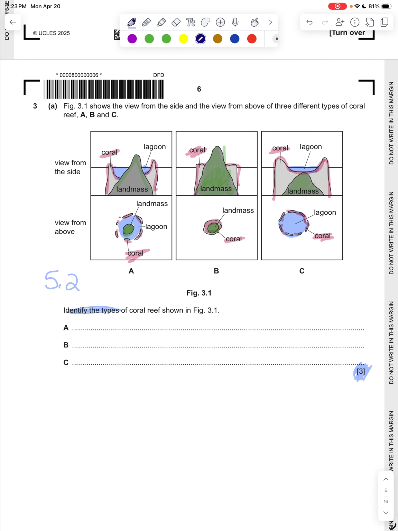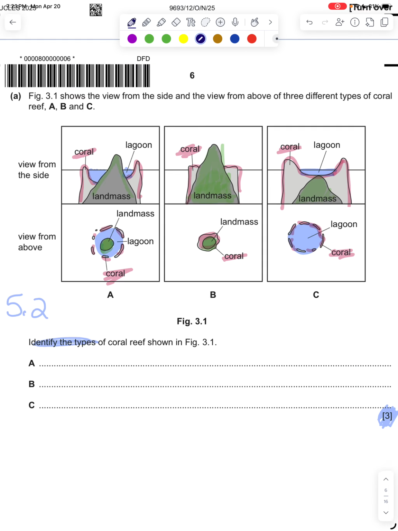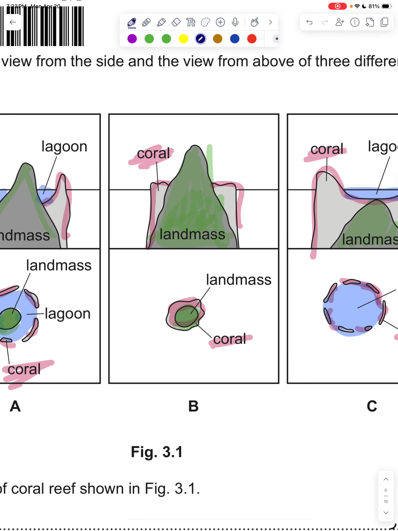So I'm going to start with this first one. The coral reefs will start off somewhere like this. This is our fringing reef. And the coral is growing right on the edge, like right on the fringes. I always think of it as like a grass skirt. Grass skirts are kind of fringy. They're going right on the edge of our hard substrate,